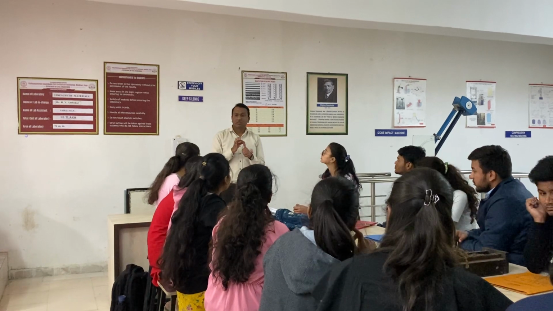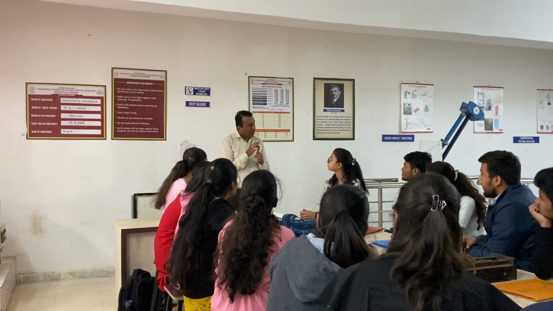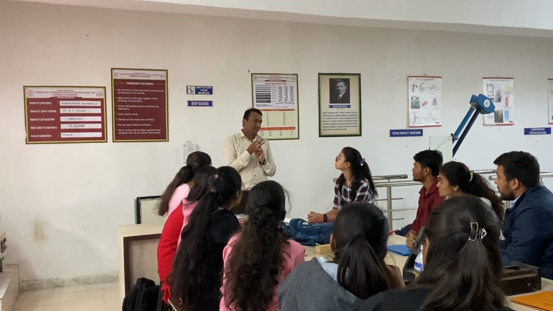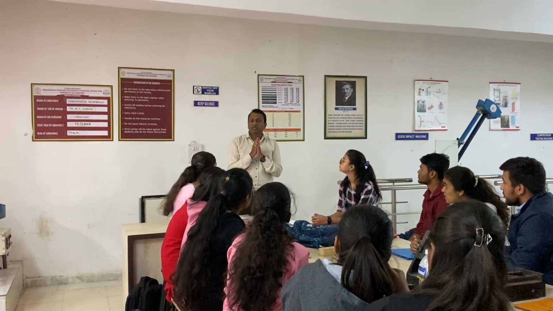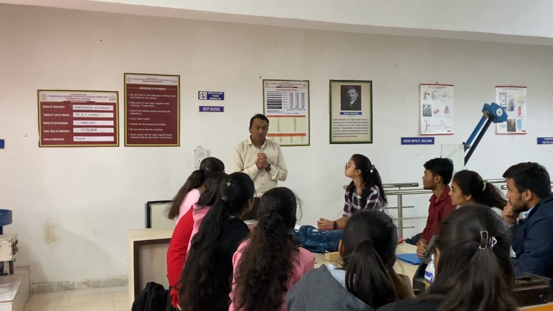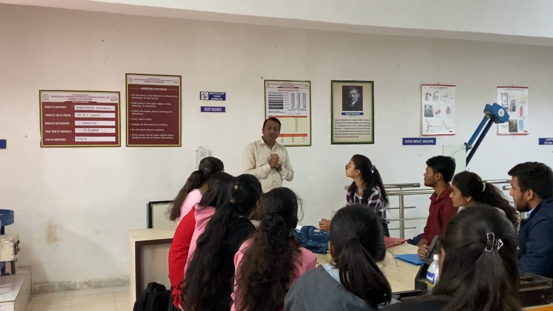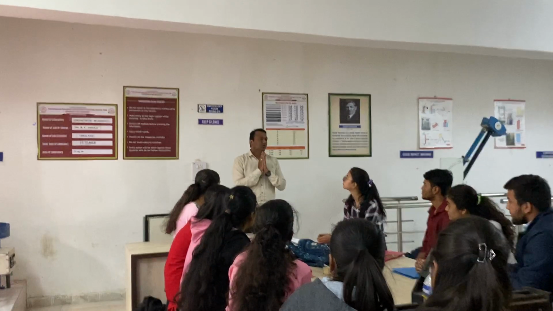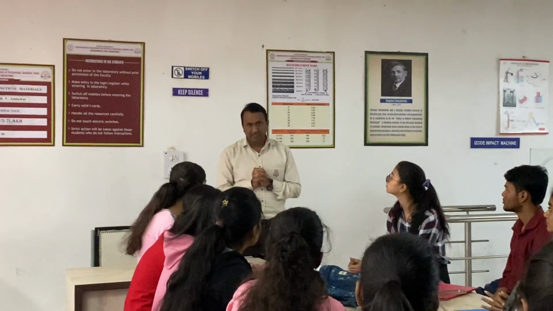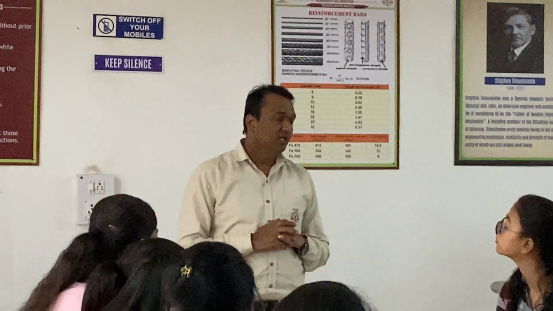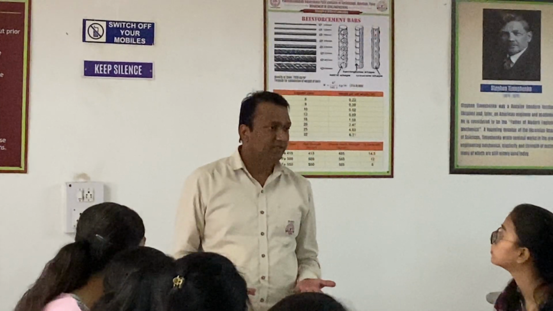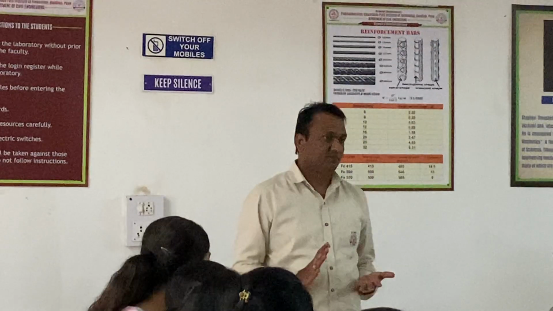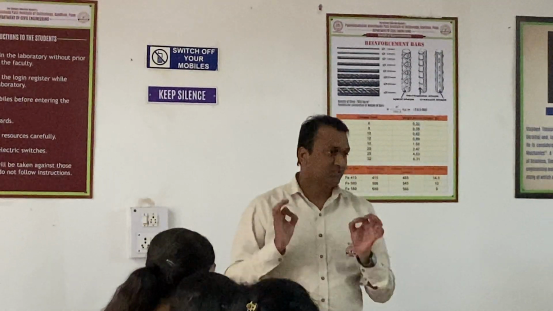So the different materials we are using: the first one is metals, the next one is wood, and the next one is brick. On these we are going to check the strength properties. First of all, you should know why we are in this mechanics of structure lab. Everyone should know the strength of the material. If you know the strength of the material, then only can you use that material in construction. If you know the strength, then accordingly you can use that material in the structure. This is the thing we are going to perform in this practice.